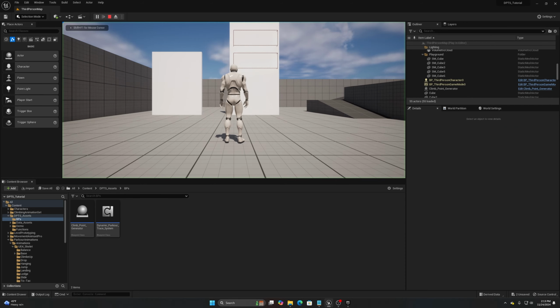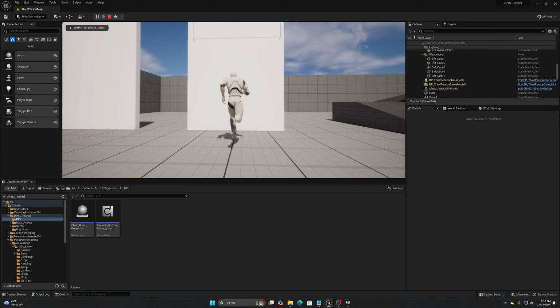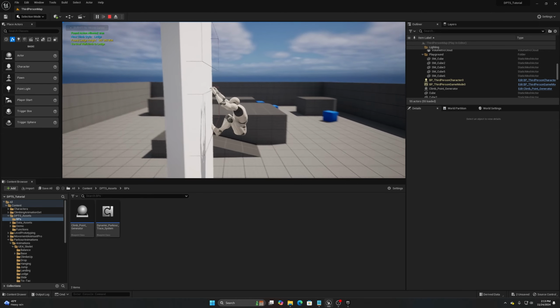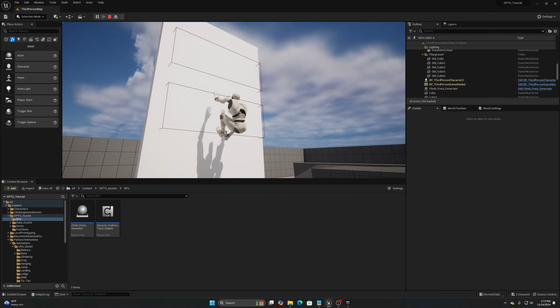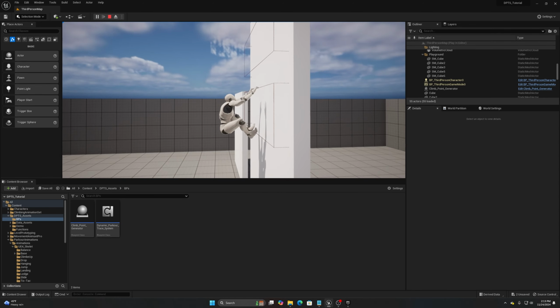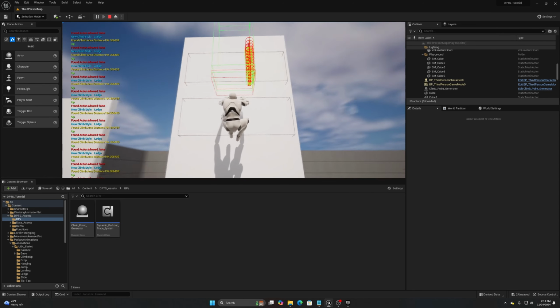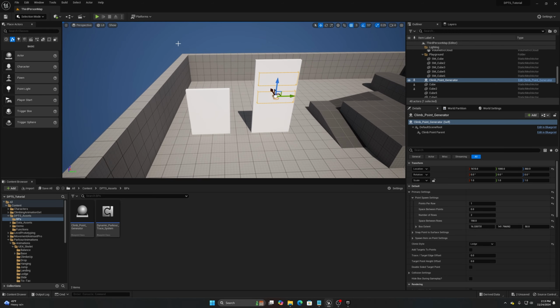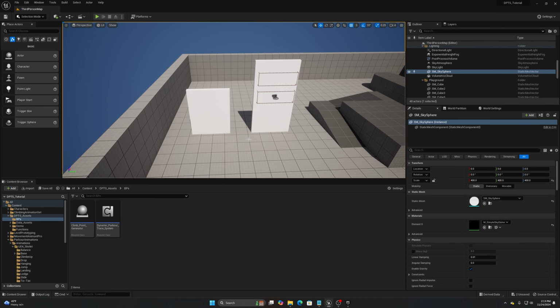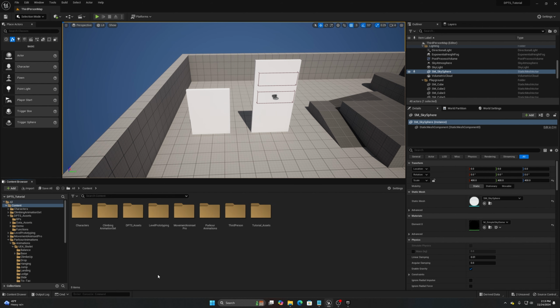Now, if we hit play and I go up to this actor here, and if I hit the space bar, you can see that now he attaches to this part of the object, this little climb collision that I've created. Now, if we had our climb jump montages selected in here, this would allow us to then jump up here and actually go up to the next point. But we haven't set those up yet, so we're going to just stop right there for a moment, so this way we can talk about a couple of other things before we start working on the actual montages